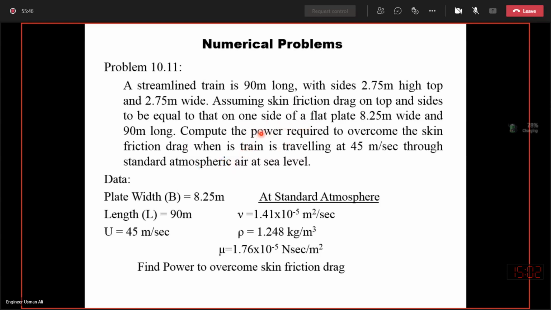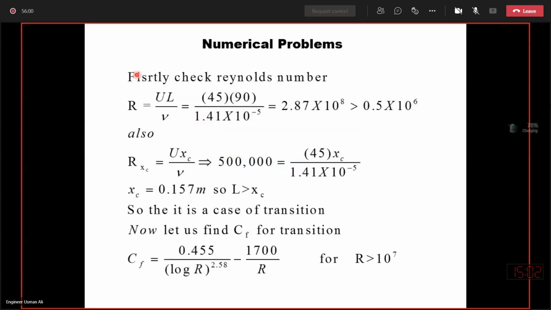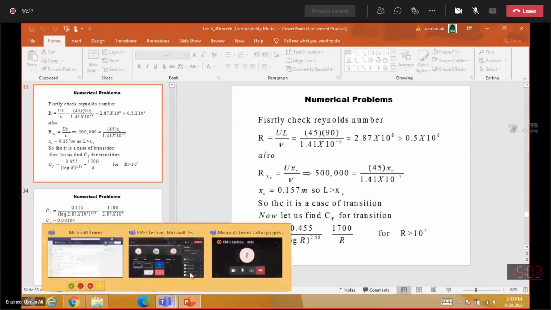तो ऐसे सिनेरियो में सेकेंडली ये नहीं कहा गया कि लीडिंग एज पे कोई डिस्टर्बेंस है या टर्बुलेंट बाउंड्री लेयर है। तो इसका मतलब है दो पॉसिबिलिटीज हो सकती हैं, या तो ये लैमिनर बाउंड्री लेयर है या ये ट्रांजिशन बाउंड्री लेयर है। फॉर दिस वी नीड टू चेक द रेनॉल्ड नंबर UL ओवर ν। सो इट इज 2.87 into 10 to power 8, so it is clearly greater than 500,000, so it means another check is you can find xc, we know Rxc, तो यहाँ से xc फाइंड कर सकते हैं। तो इससे जो है xL is greater than xc, उससे भी कंफर्म हो गया कि ट्रांजिशन बाउंड्री लेयर। लेट्स हैव फ्यू मिनट्स ब्रेक, फिर मैं ये कंटिन्यू करता हूँ।